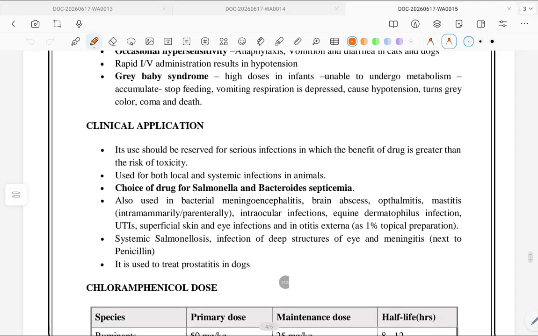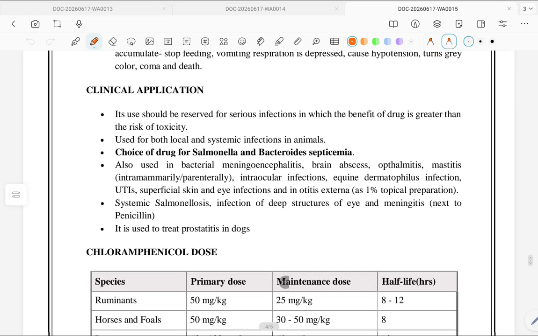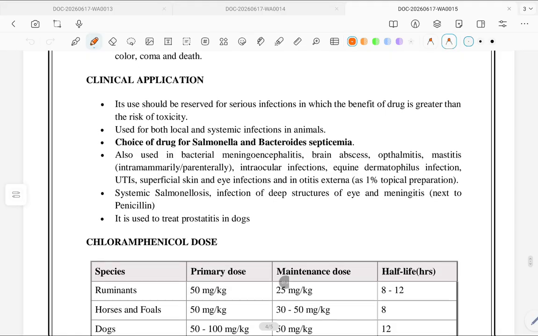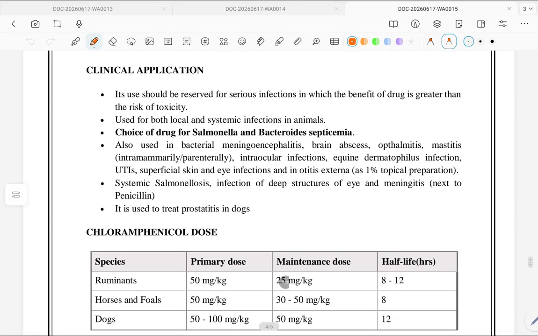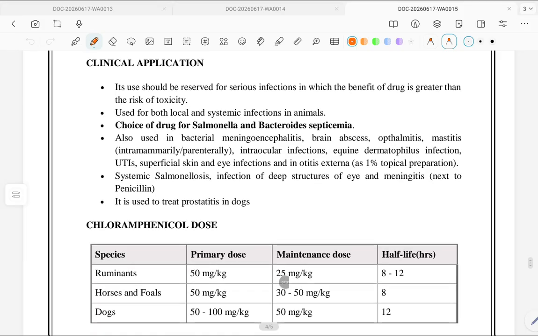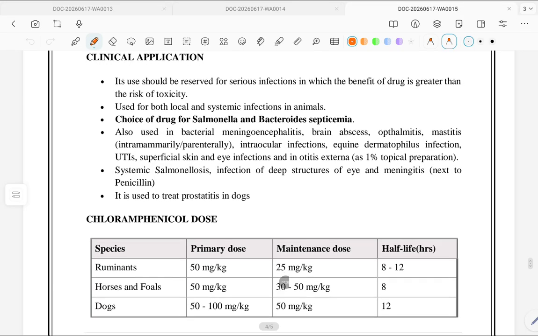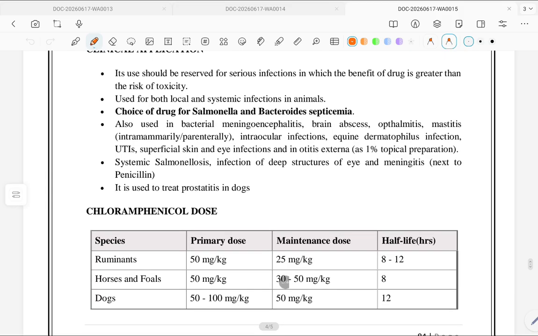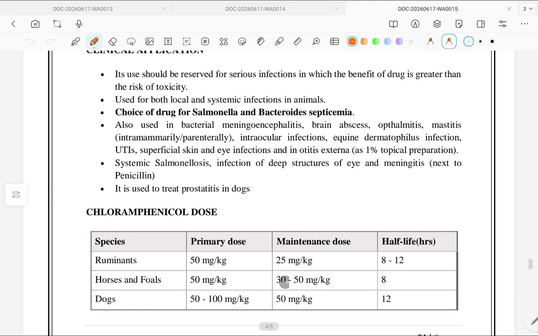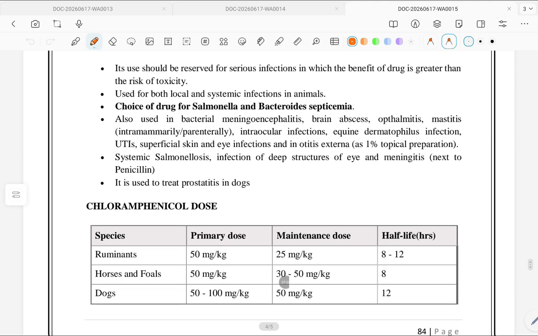Clinical application. Its use should be reserved for serious infections in which the benefit of the drug is greater than the risk of toxicity. It is used for both local and systemic infection in animals. It is the choice of drug for Salmonella and Bacteroides septicemia. Also used in bacterial